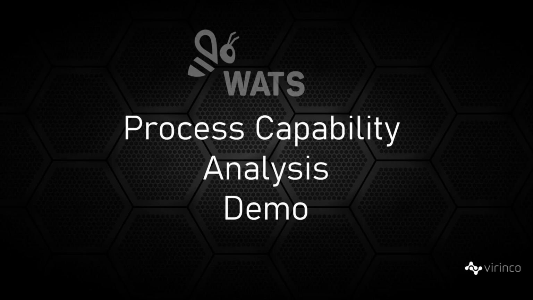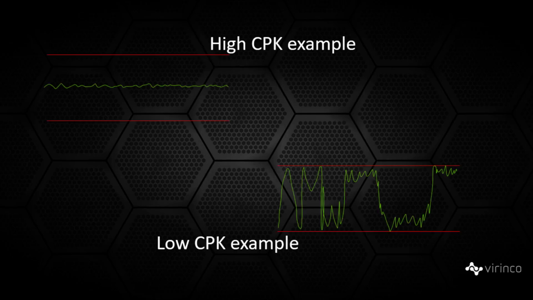Process capability analysis in WATS is a tool to help you better understand how good test coverage you have for each test step and how well your test limits are performing when compared to the underlying variations of your test measurements. So if you look at a simple example here where the red lines are the test limits that you operate with,